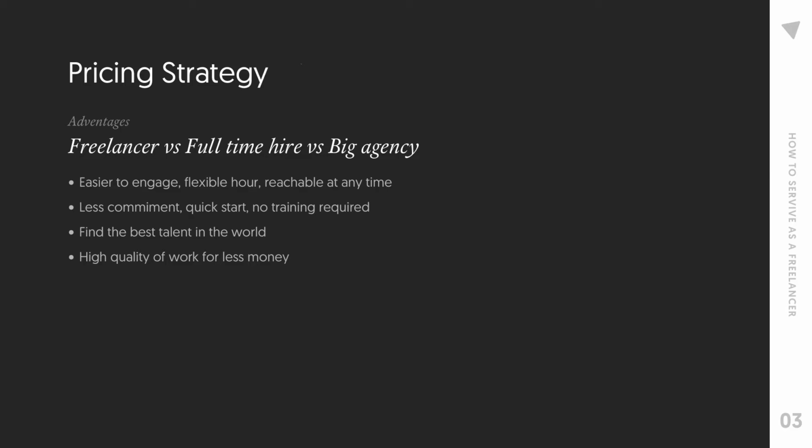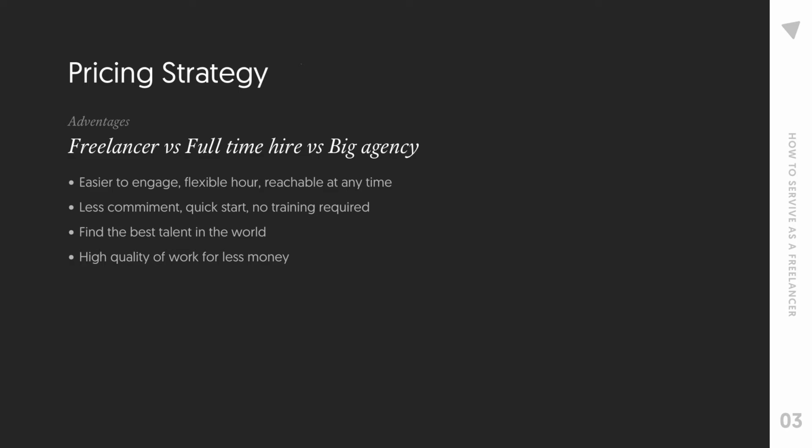So you're hiring people to do high quality work, and you may be able to pay them less money than you would pay a big agency. And there are a lot of cons about hiring a big agency. One is that you may not know who you're going to be working with. Chances are you may not be working with the best person in the agency. You may be working with the junior designers. You just don't know, right?